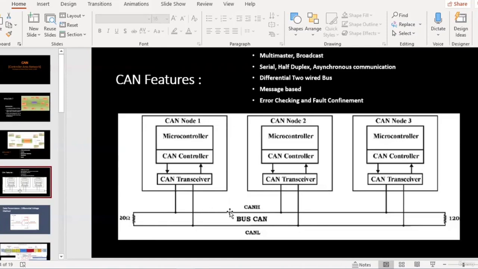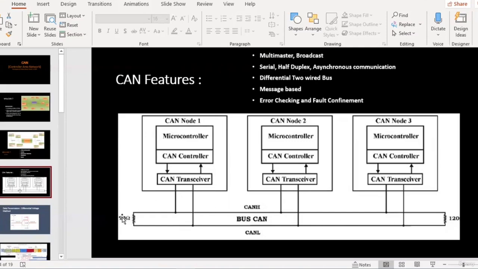CAN is basically a twisted pair cable wiring mechanism. What does it mean? There are two wires known as CAN high and CAN low, and they are twisted with each other. And there is a termination resistor of 120 ohms placed at the end of the CAN lines.